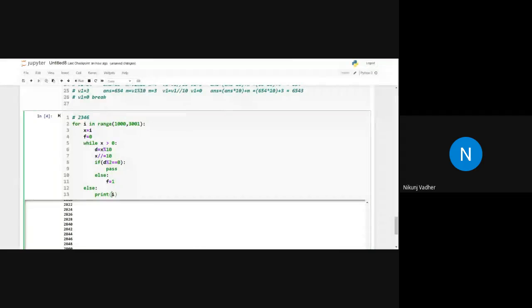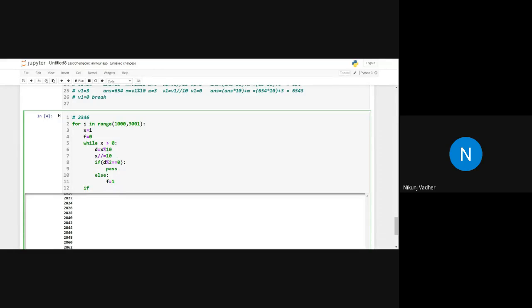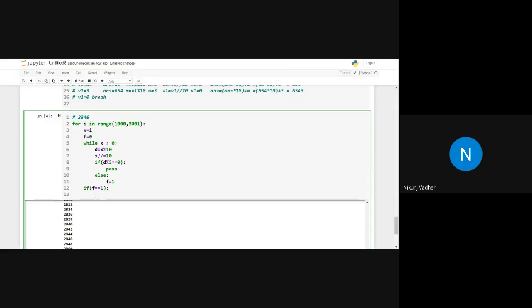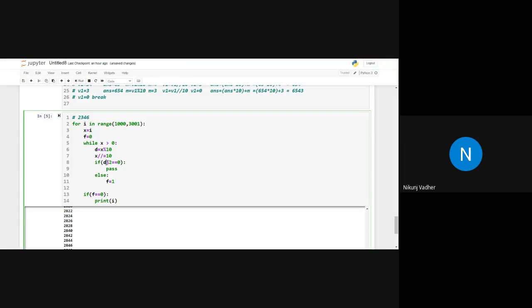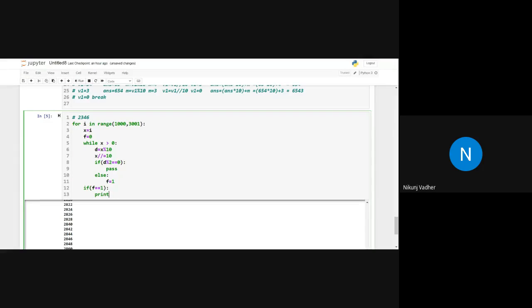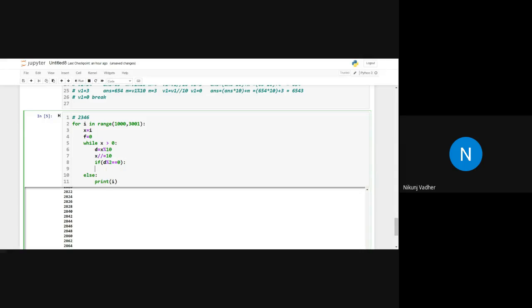And here we will check if flag double equals 1, then print. No, flag double equals 0, then print i. So this is another way you can do. If you want to check with the even number, then also it is possible. The logic is how efficiently you are implementing it.